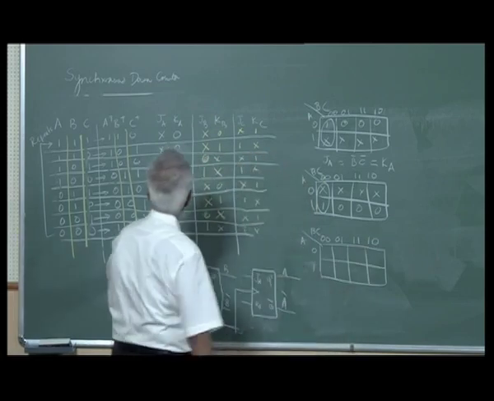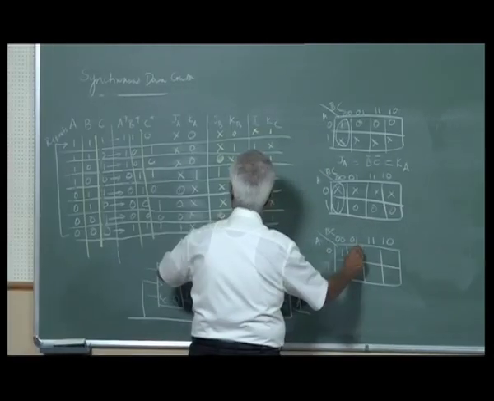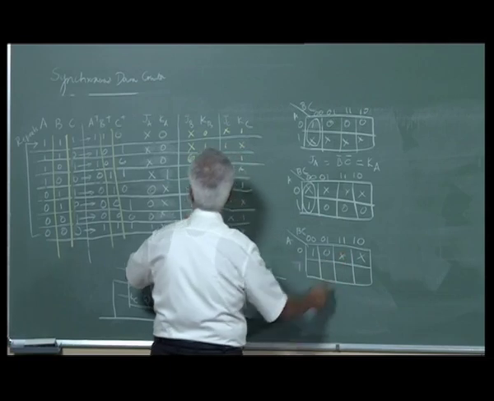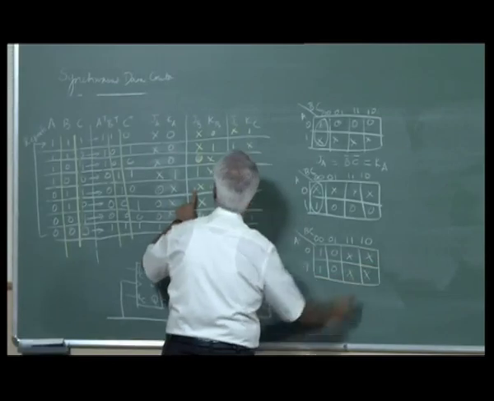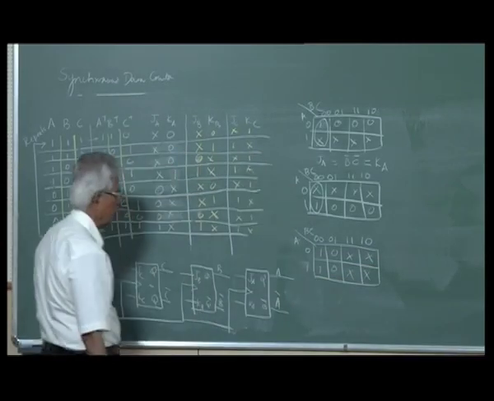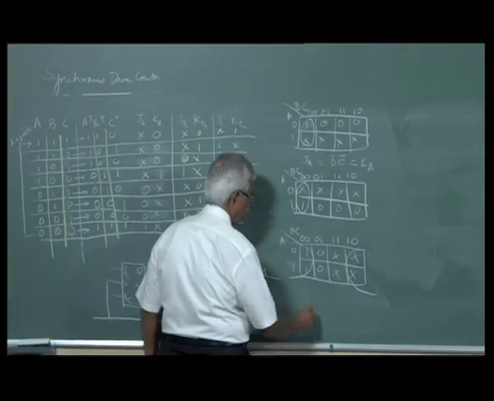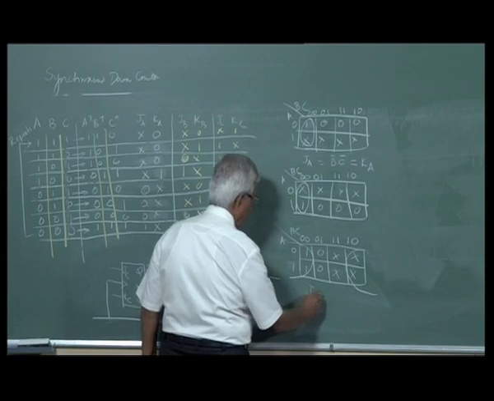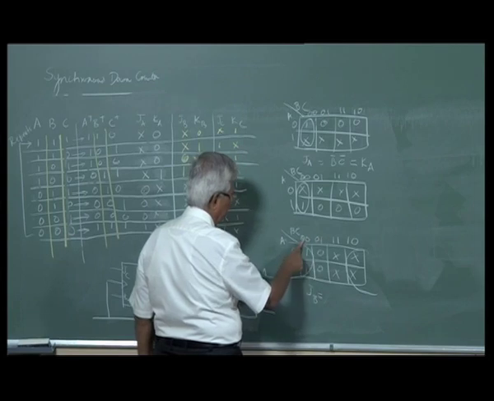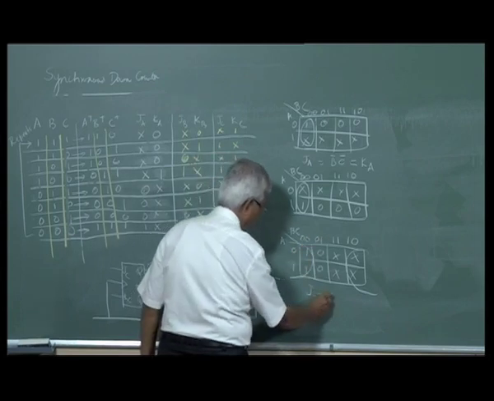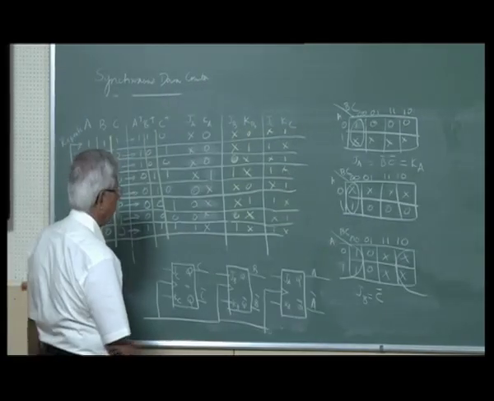We start from here, JB 1 0, don't care, 1 0, don't care. Nice. So this is JB is B bar, B is gone, C bar. KB map,